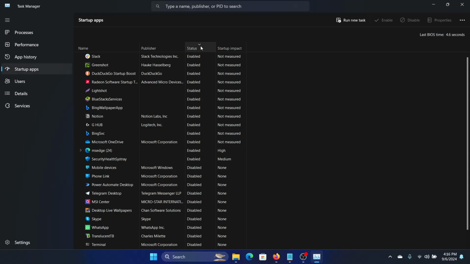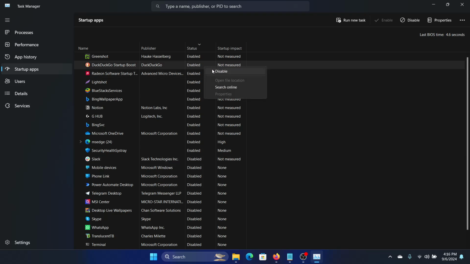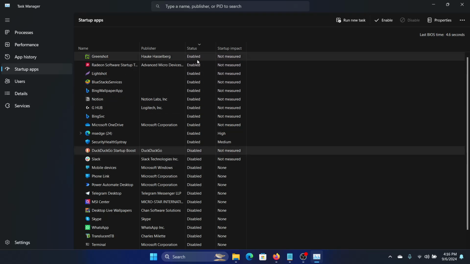Now we will click on their status to check if they are enabled or disabled. Now disable whatever startup apps you feel are not required for the efficient usage of your PC. For example, I will disable Slack and I will disable DuckDuckGo Startup Boost, and I will keep disabling all the apps and I'll disable as many